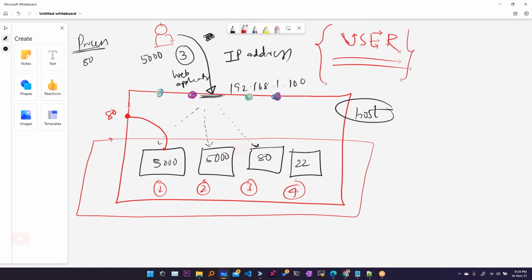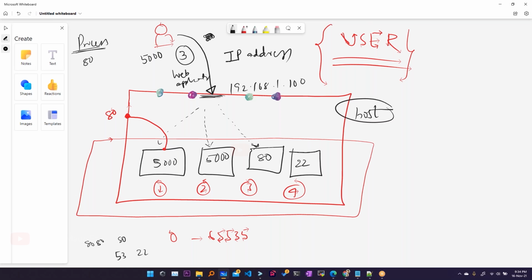Oh, really? Okay, so you have port numbers from 0 to 65,535, and you decide on which port number you want your application to run. For some applications there are standard ports: 8080 for a Tomcat server, 80 for Nginx, 53 for a DNS server, 22 for SSH.